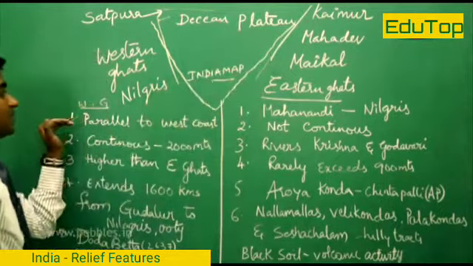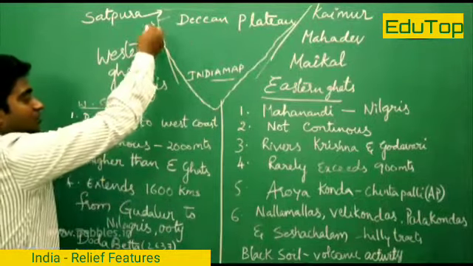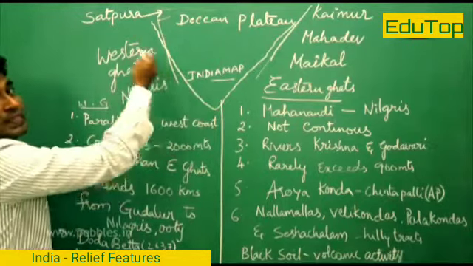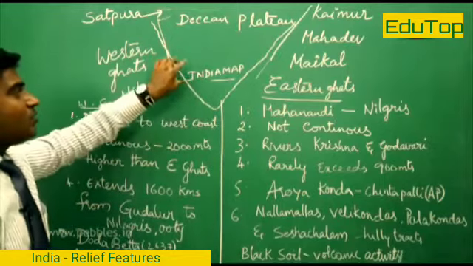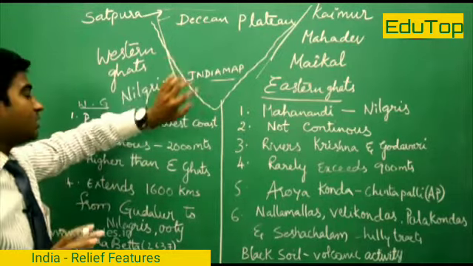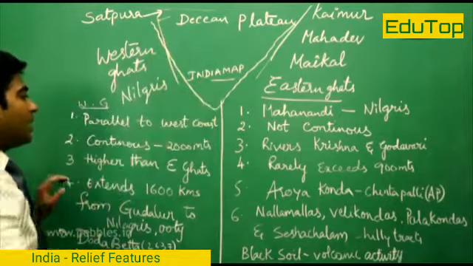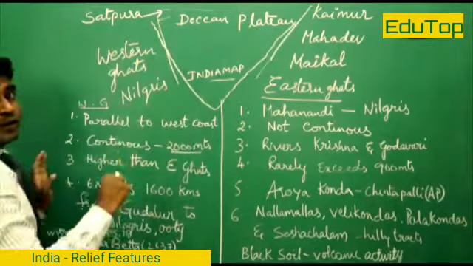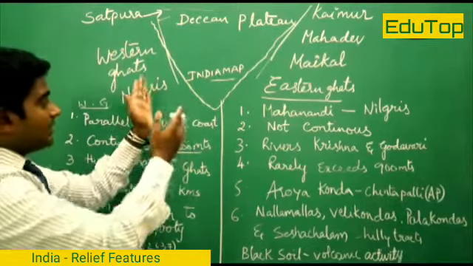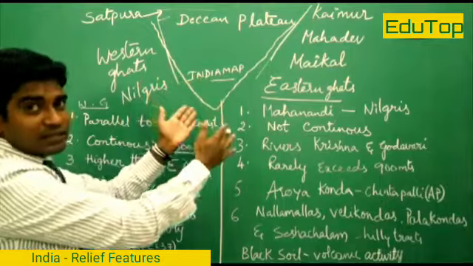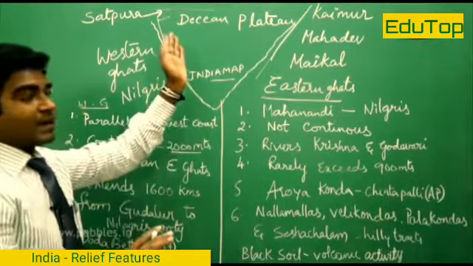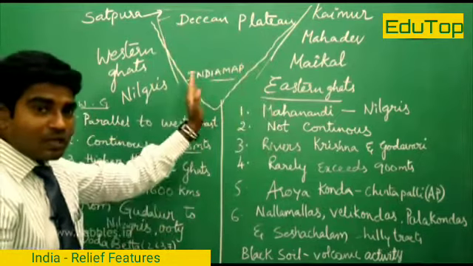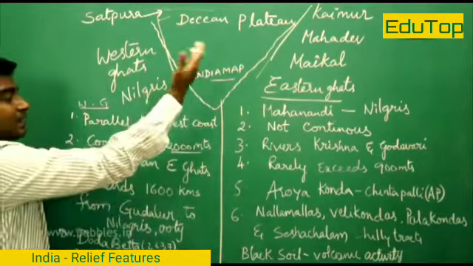Let us come to the Western Ghats. The Western Ghats run parallel along the western coast, by the Arabian Sea. They are continuous and never broken by any river. We have only one gap, which is near the Goa region. Other than that, it is a continuous range with an average height of nearly 2000 meters. As I told you in the previous session, the elevation is slightly tilted towards the east, which means the Western Ghats are higher when compared to the Eastern Ghats. They are 2000 meters above sea level.